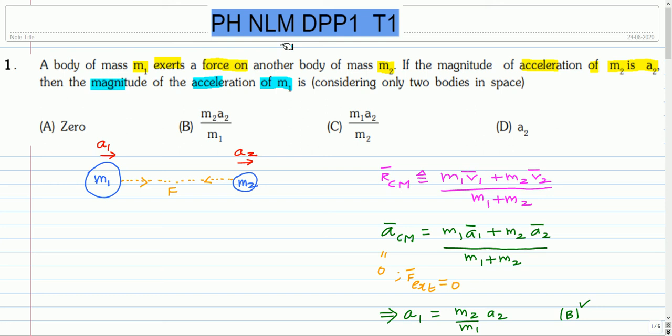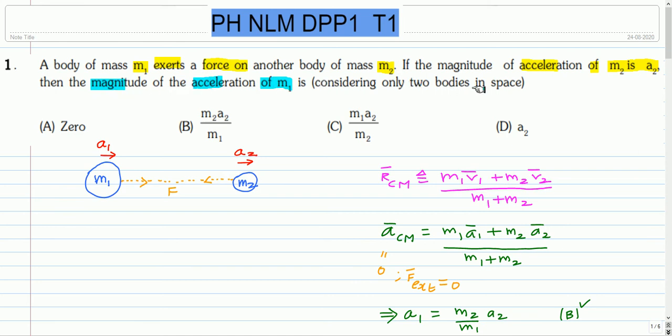In this video, I will discuss some Newton's laws of motion problems. This is the first question. A body of mass m1 exerts a force on another body of mass m2. If the magnitude of acceleration of m2 is a2, then the magnitude of acceleration of m1 is, considering only two